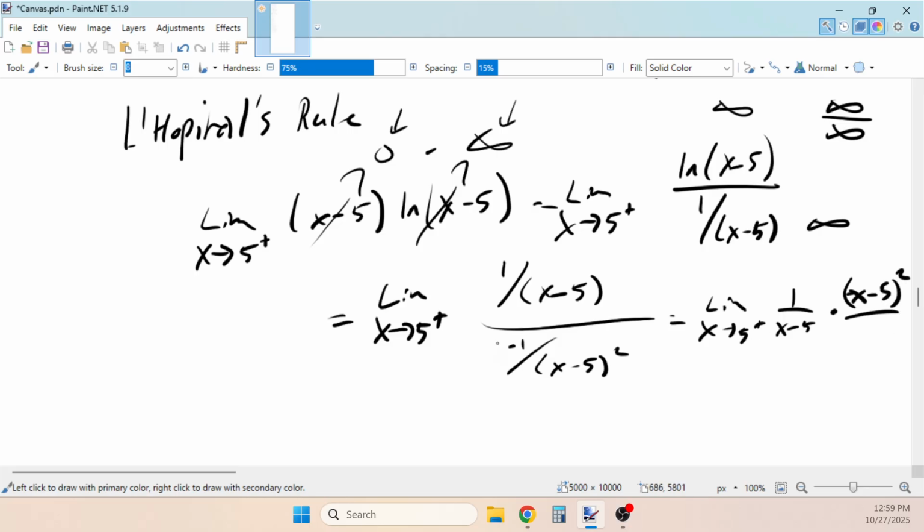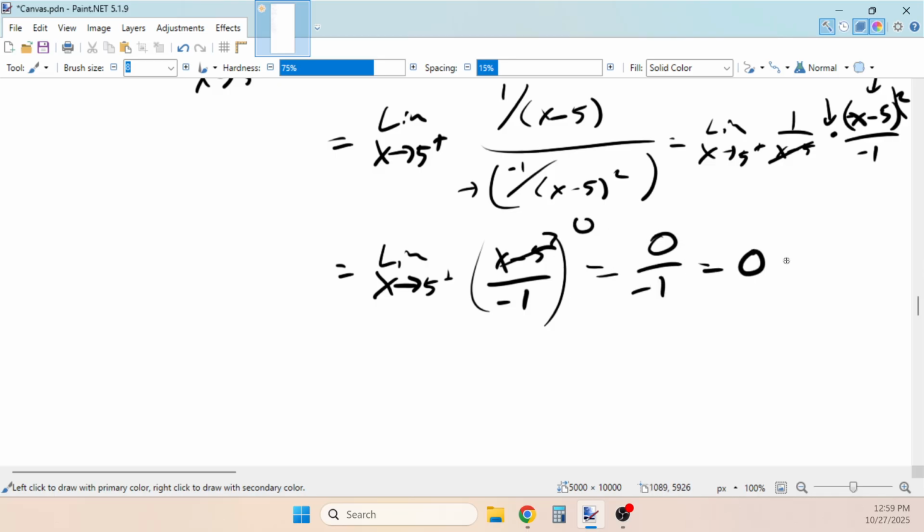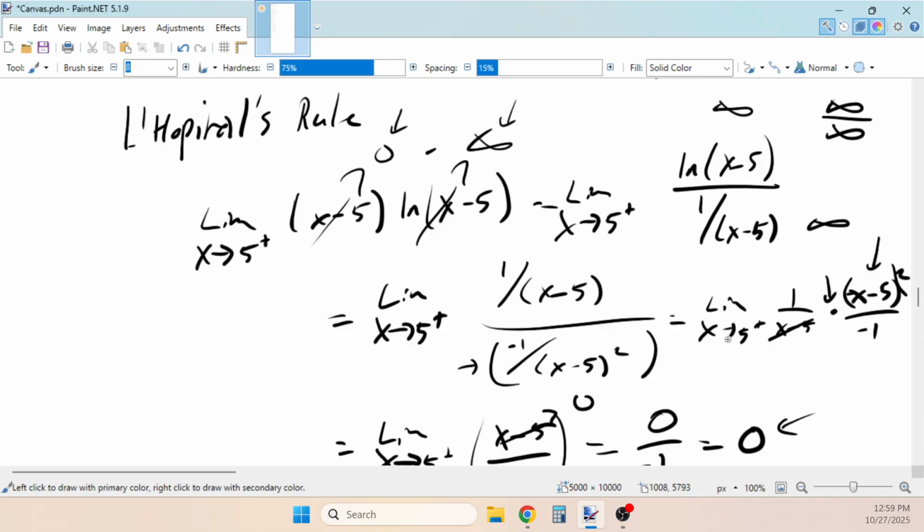Dividing by a fraction is multiplying by the reciprocal. As x goes to 5 from the right, if we keep x minus 5 top and bottom, this top goes to 0 over negative 0. The natural log would have